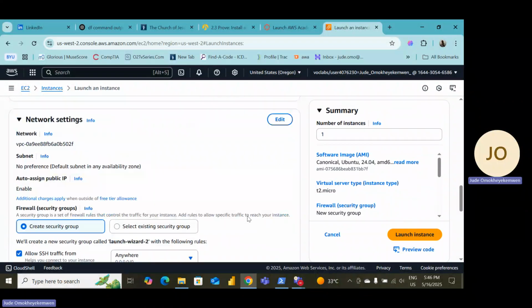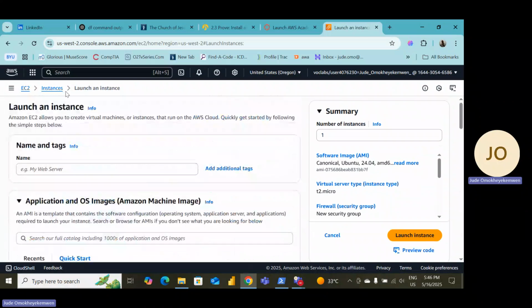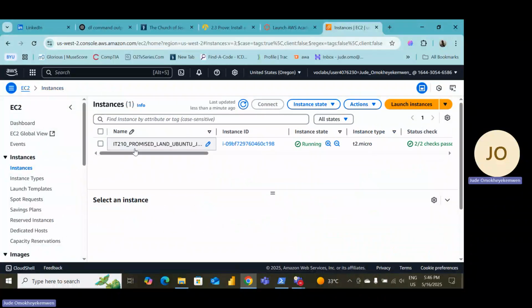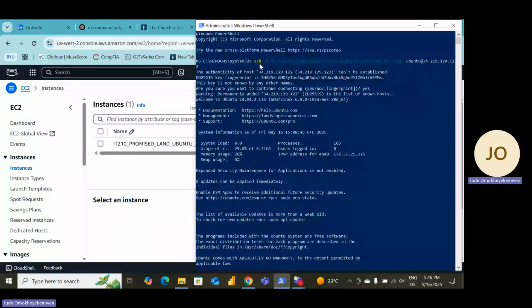I've already created the instance, so I will just go into my instance. This is my instance. I named it IT210 Promised Land Ubuntu, and it's running already. I used SSH to link to it, and this was the command I entered to link it into my